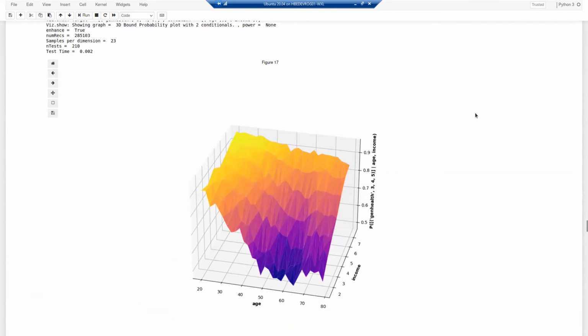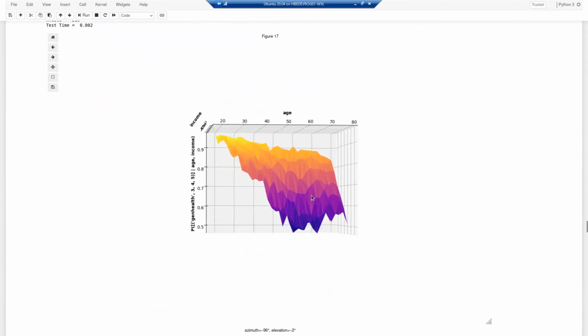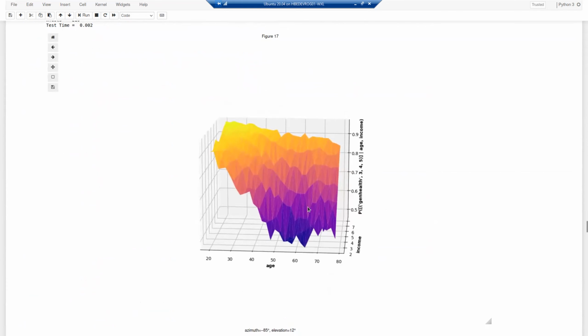All right, now we're going to look at a two-dimensional graph. And I told you we'd come back to the age and income, and that little gain we saw around age 62. Well, you can see it very pronounced here for lower incomes, and it disappears for higher incomes. And as you work up the income scale, you can see that the dip becomes, or the rise becomes less and less